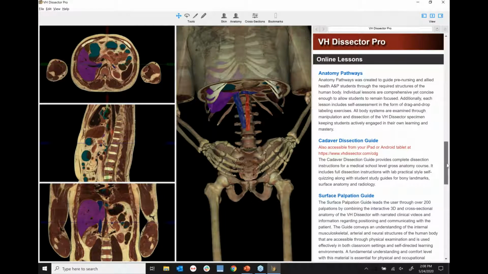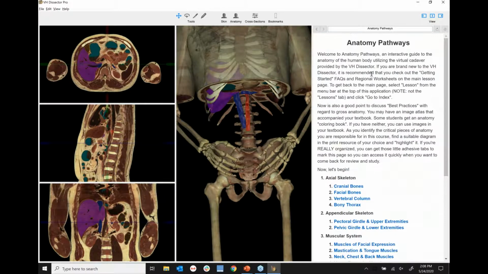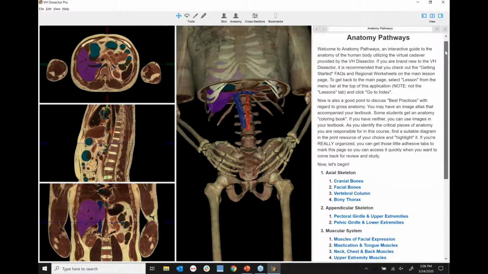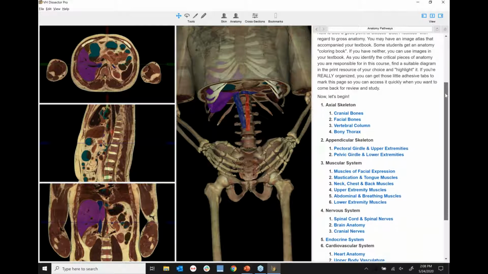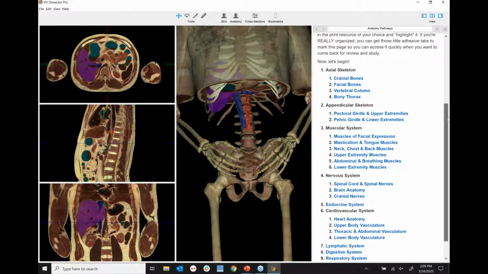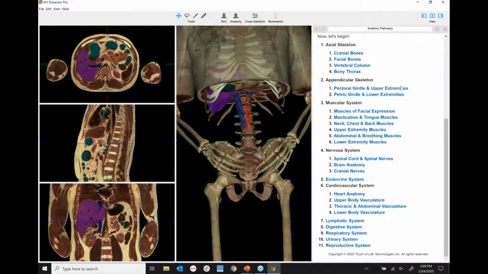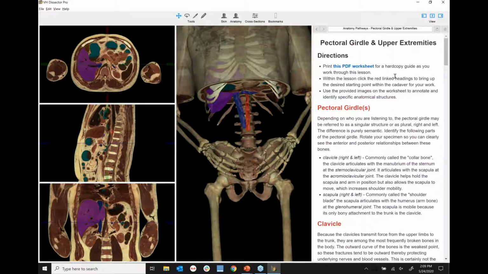So starting with one of the undergraduate-oriented lessons, Anatomy Pathways, what we have here is really an anatomy text within the VH Dissector software. This particular lesson is organized systemically. And so coming into a particular module, we can start working with, in this instance, bony anatomy of the upper